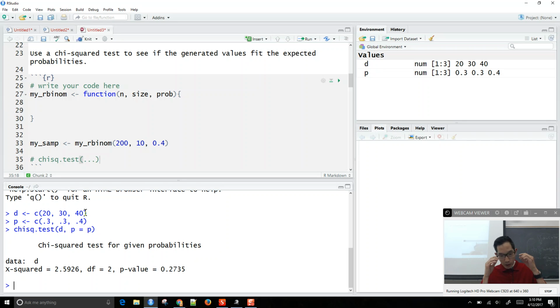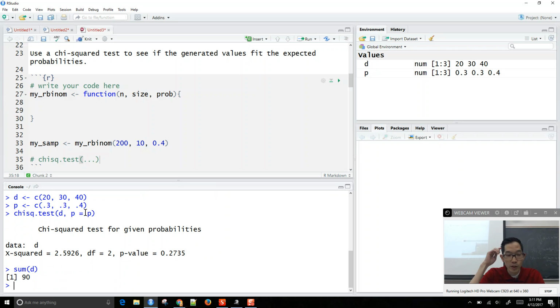But for the chi-squared test to work, there's an underlying central limit theorem hypothesis, and one of the conditions for it to be valid is that the expected counts all have to be over 5. In our case, we observed a total of 90, and so if any of my proportions was less than 6%,